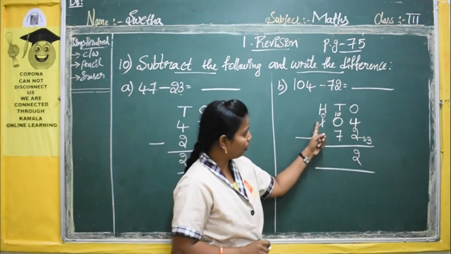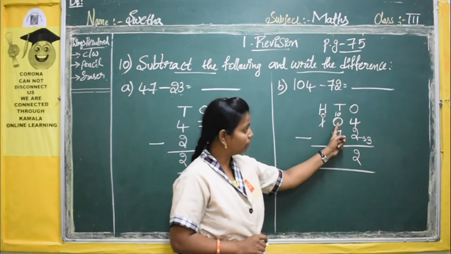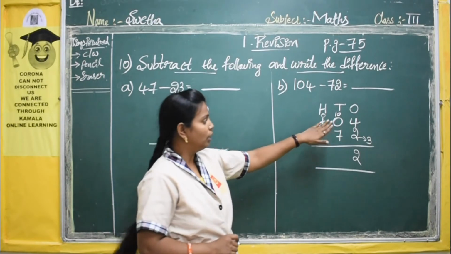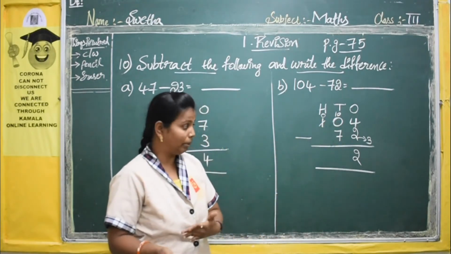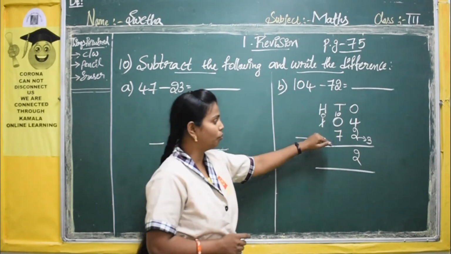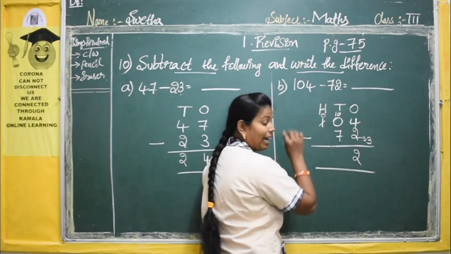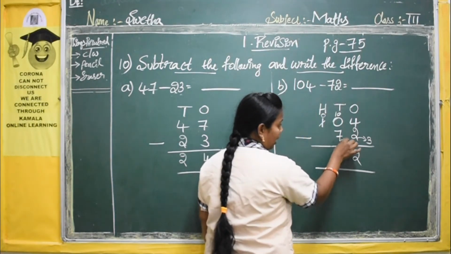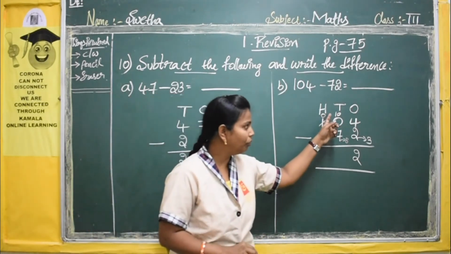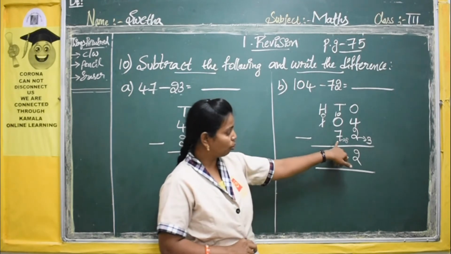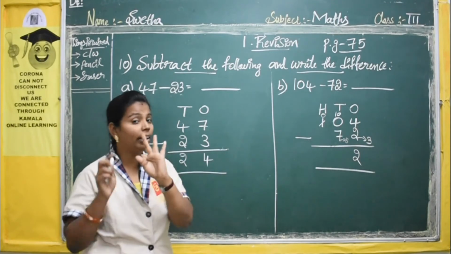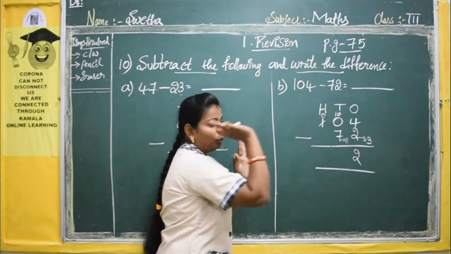Okay. See, 1 you have taken as a borrow from the number before. The number you are writing here is 1, 0, 10. Okay. So from the 10 you have to minus 7. The method that I said: the number next to the bottom number we will start, and the top number we will stop. So where should we start here? Down we have 7. After 7 we have 8. So we will start our counting at the 8th place and we will stop at the 10th place. Okay. So here we will start at 8. So 8, 9, 10. Where should we stop? At 10 only. See, here we have only 10.